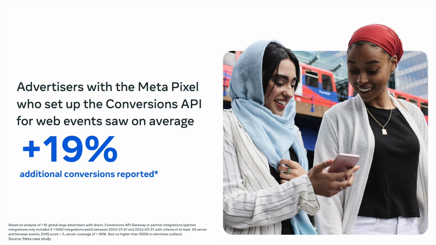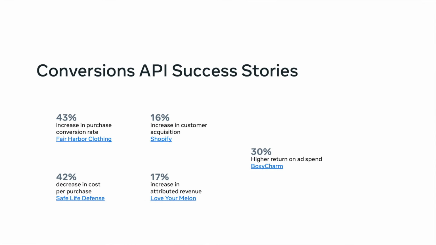And that's pretty much in line with the success story that we saw with Ignite. So the bottom line is that if you don't have CAPI implemented, you're leaving a lot of performance on the table. You can take steps right now to get implemented via Ignite very quickly and easily, and you can start reaping these amazing performance benefits immediately. Now, I'm not going to go into details of all of these success stories, but the key takeaway is that CAPI equals bottom line business results.